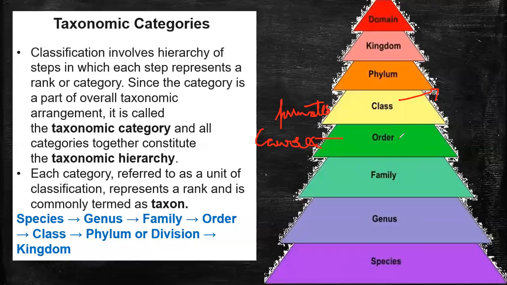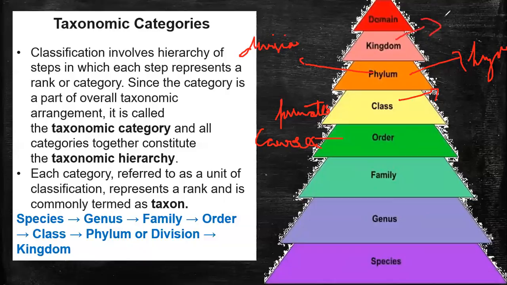Phylum. Classes comprising animals like fishes, amphibians, reptiles, birds, along with mammals, constitute the next higher category known as the phylum. All these are based on common features like presence of notochord and dorsal hollow neural system, and are included in phylum Chordata. In case of animals, this is termed phylum, and in case of plants, it is said to be a division.